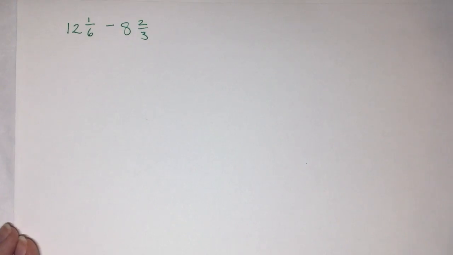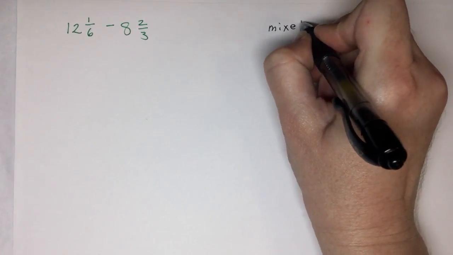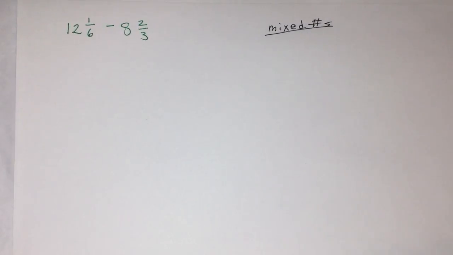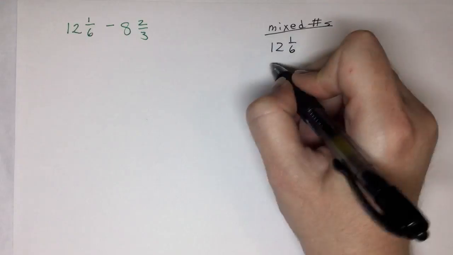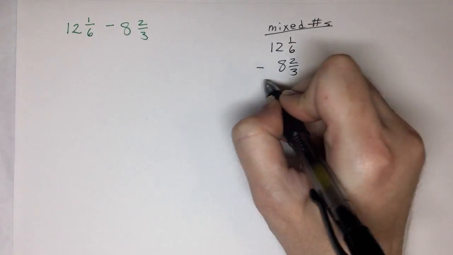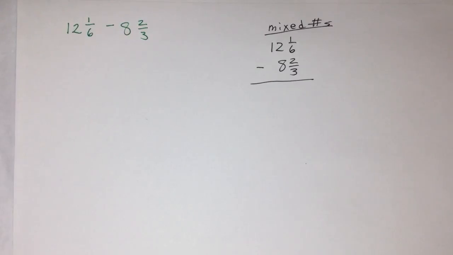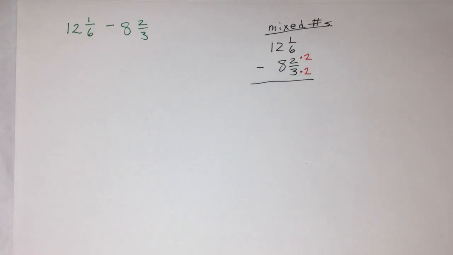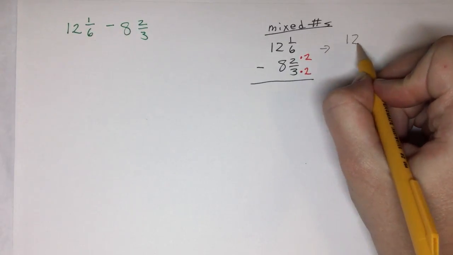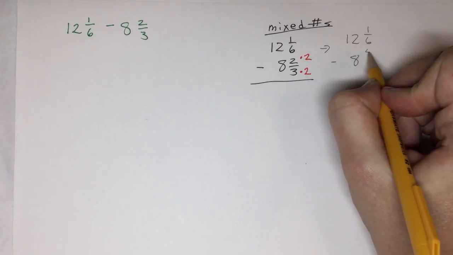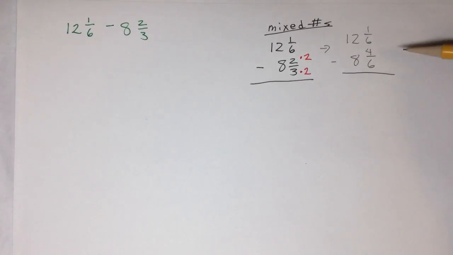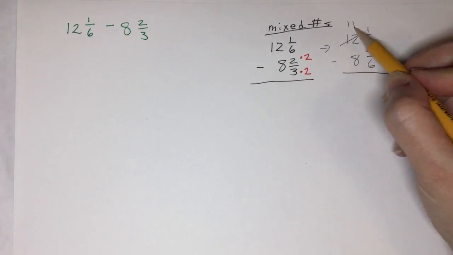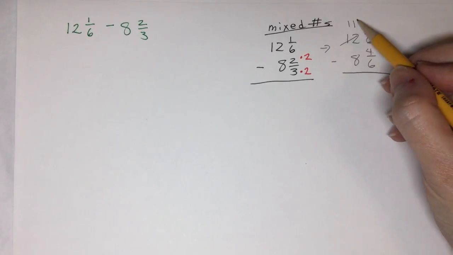If I had 12 and a sixth minus 8 and 2/3, well, as mixed numbers, I'd have 12 and a sixth minus 8 and 2/3. Problem here, when I deal with the fractional part, getting my common denominator, I'm going to have 12 and 1/6 minus 8 and 4/6. So taking 4 from 1 gets me into my negative numbers. Can't handle that. I'll need to borrow from the 12, drop it down to 11, and then bringing 1 whole